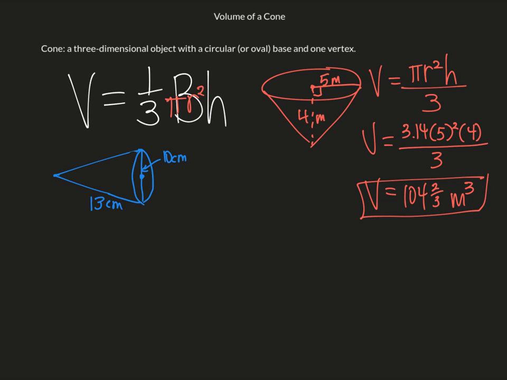But what I need to do is find the radius and the height. Now the radius isn't difficult. I divide the diameter by 2, and the radius is going to be 5 centimeters. The height, though,